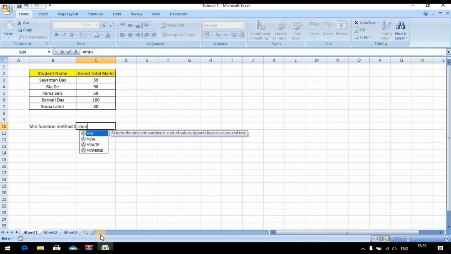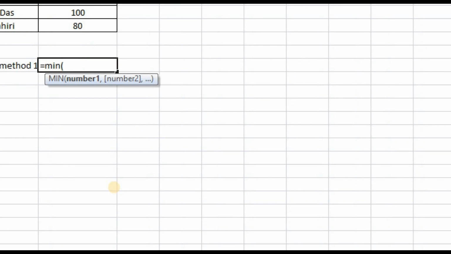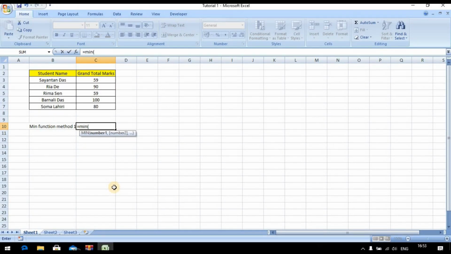If I give an open bracket, it asks for number 1, number 2 and so on. For the first number, we put the whole data range we have in our table. The starting range will be cell C3 and the ending will be C7.